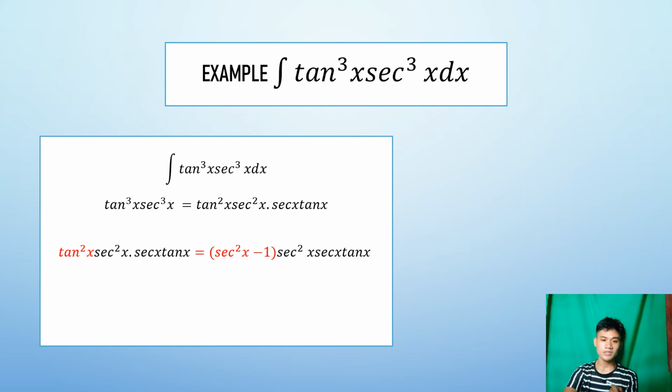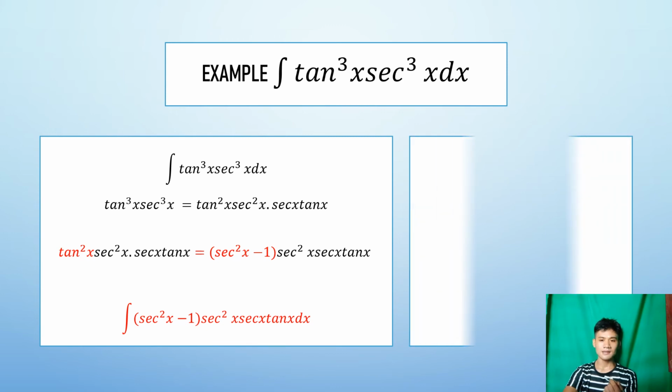The value of tangent squared is the same identity we have used for cosine and sine. So we came up with secant squared x minus 1, times secant squared x secant x tangent x, and that will be our new given, the integral of the quantity secant squared x minus 1 times secant squared x secant x